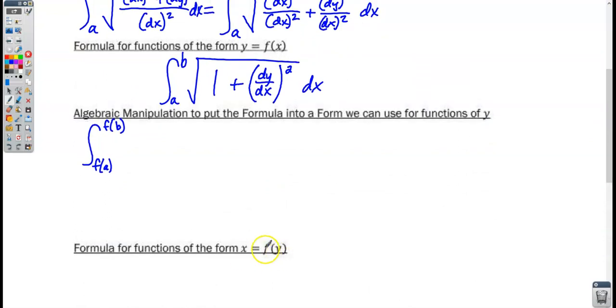I guess since I used x equals f of y down here, I should use something else. Let's use,